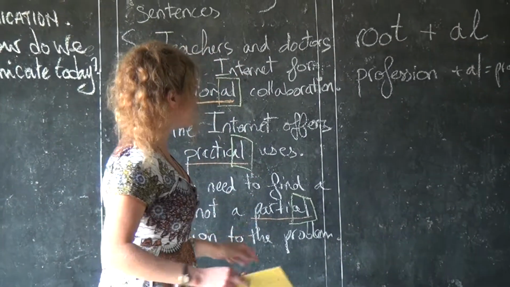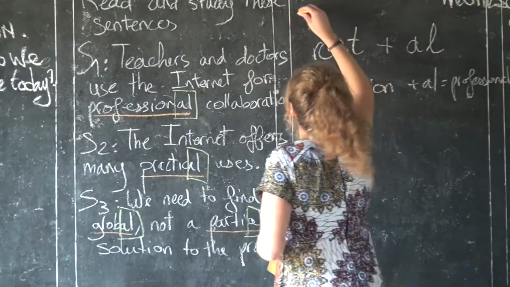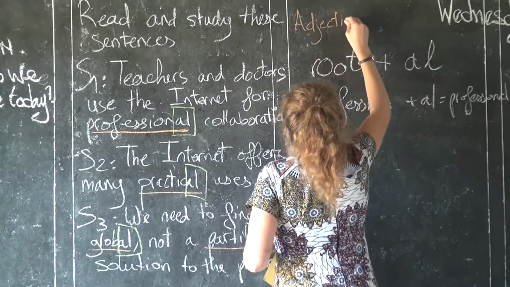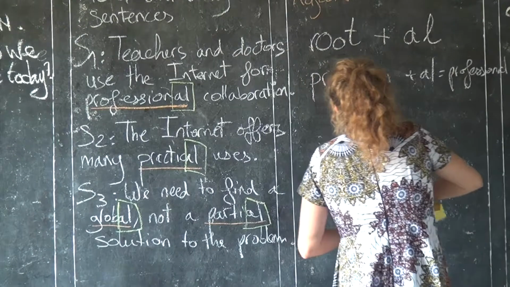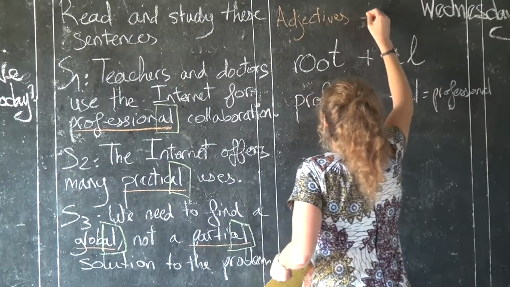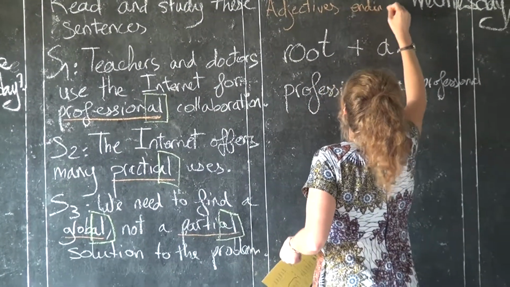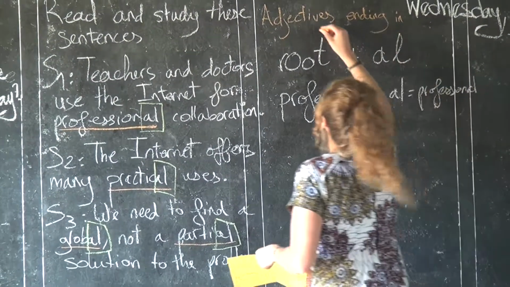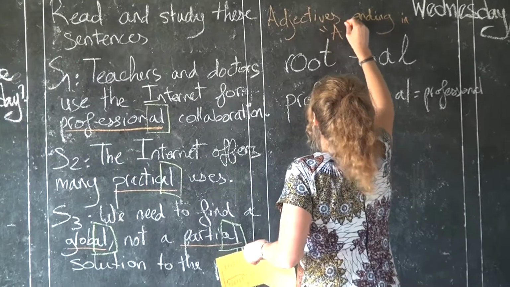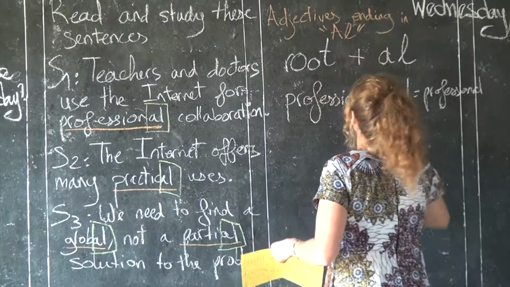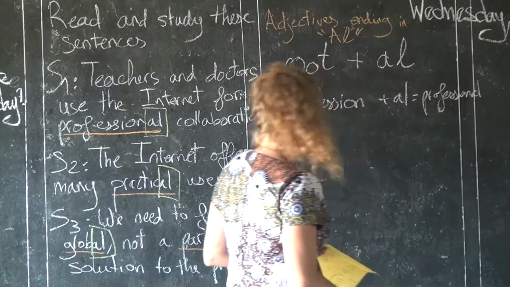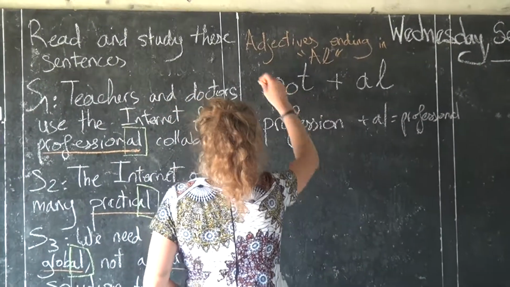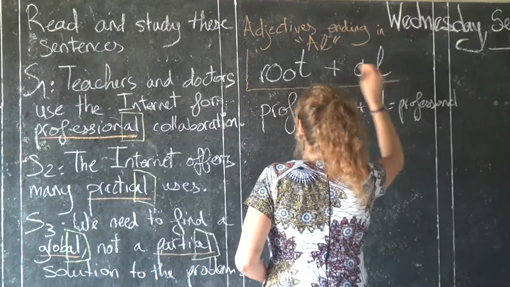These are adjectives ending in AL. Very good. Adjectives ending in AL. And the rule is that you have the root of the word